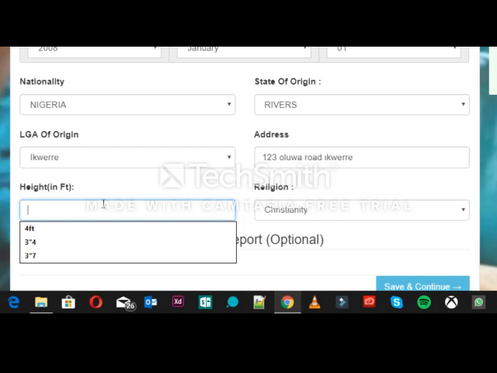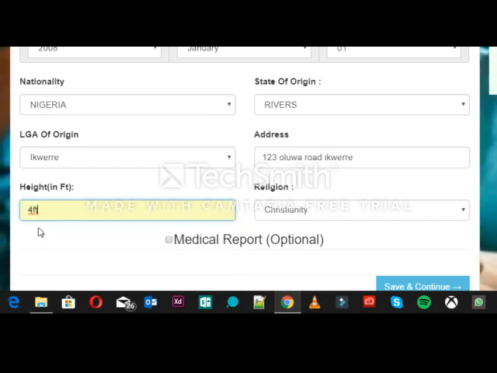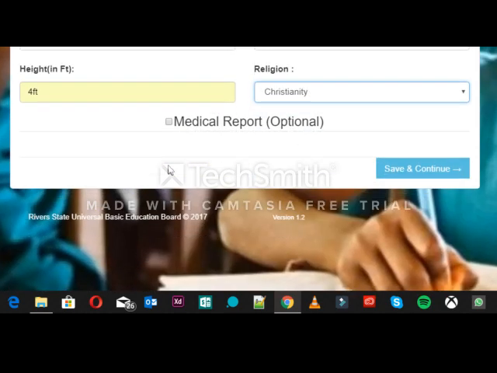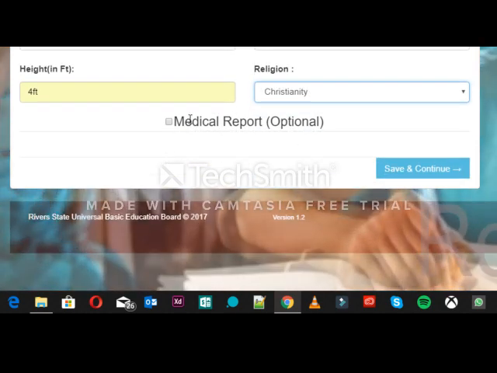The height, of course, you need to fill in the height of the child. Either it's 4 feet, 5 feet, whichever feet, just put it. I'll just go with 4 feet. Of course, the religion is important. You record what religion, so I'll stick with Christianity. Now there's a catch here. There's the option for